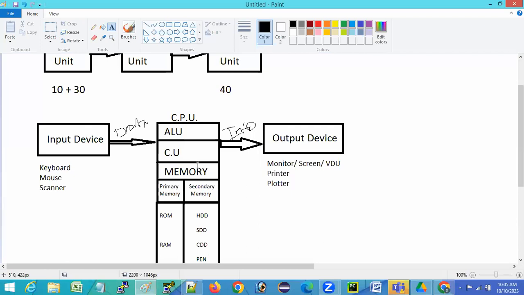What is ALU? ALU is nothing but arithmetic and logical unit. Arithmetic in this is addition, subtraction, multiplication, division. Like that, we have an arithmetic section. Logical is nothing but greater than, lesser than, greater than or equal to, lesser than or equal to, not equal to, true, false, high, low, yes, no, all come in the logical. See, that's why they have been divided into one as an arithmetic section, another one is a logical section in